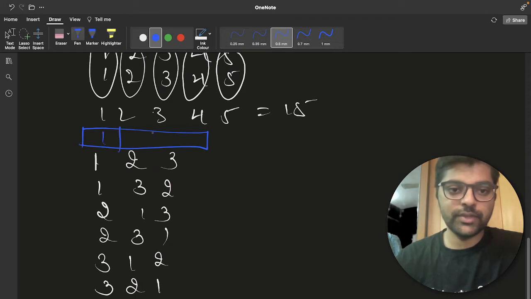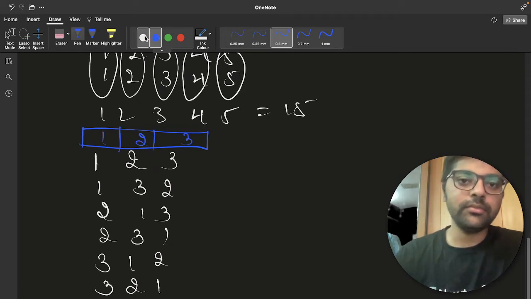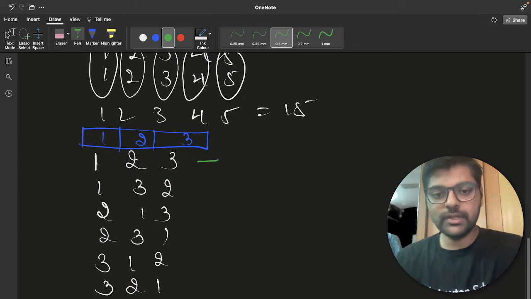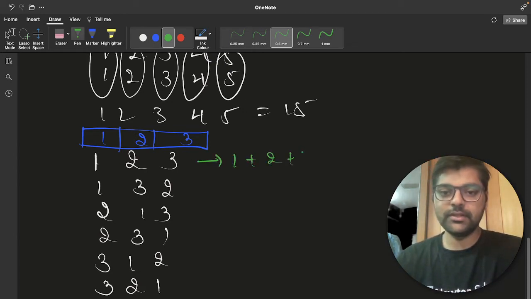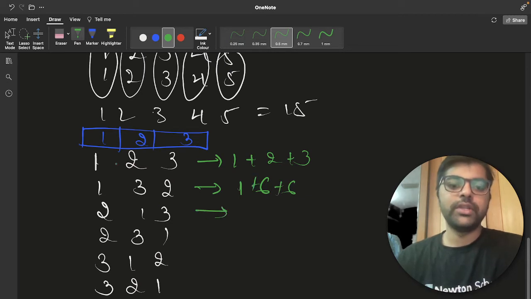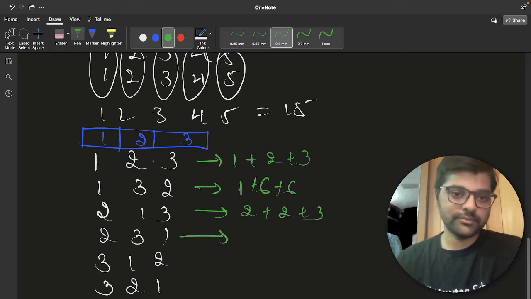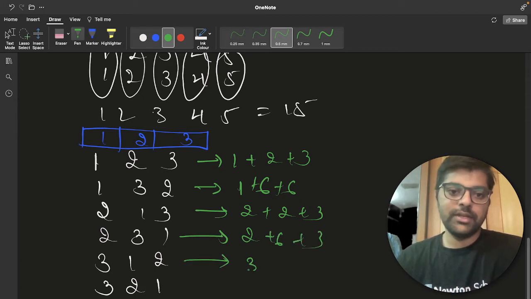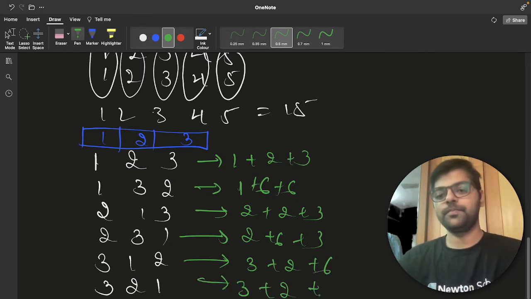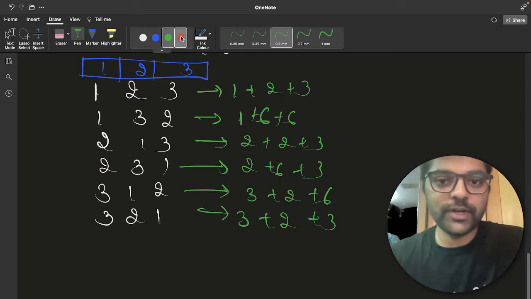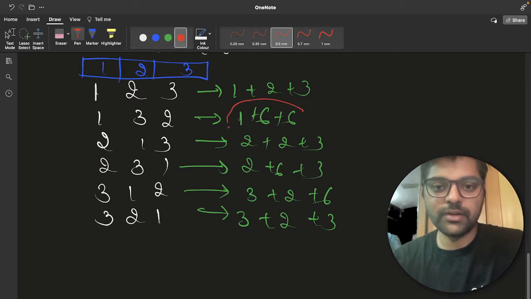Let's say this is index 1, this is index 2, this is index 3. We'll have to find the LCM. LCM of 1 and 1 will be 1, 2 and 2 will be 2, 3 and 3 will be 3. Again 1 and 1 is 1, 3 and 2 is 6, 2 and 3 is 6. Then 2 1 3, 2 2 3, 2 3 1, then 2 6 3, 3 2 6, and finally 3 2 3. So if you find the sum, you will find what is the maximum number here, 661.